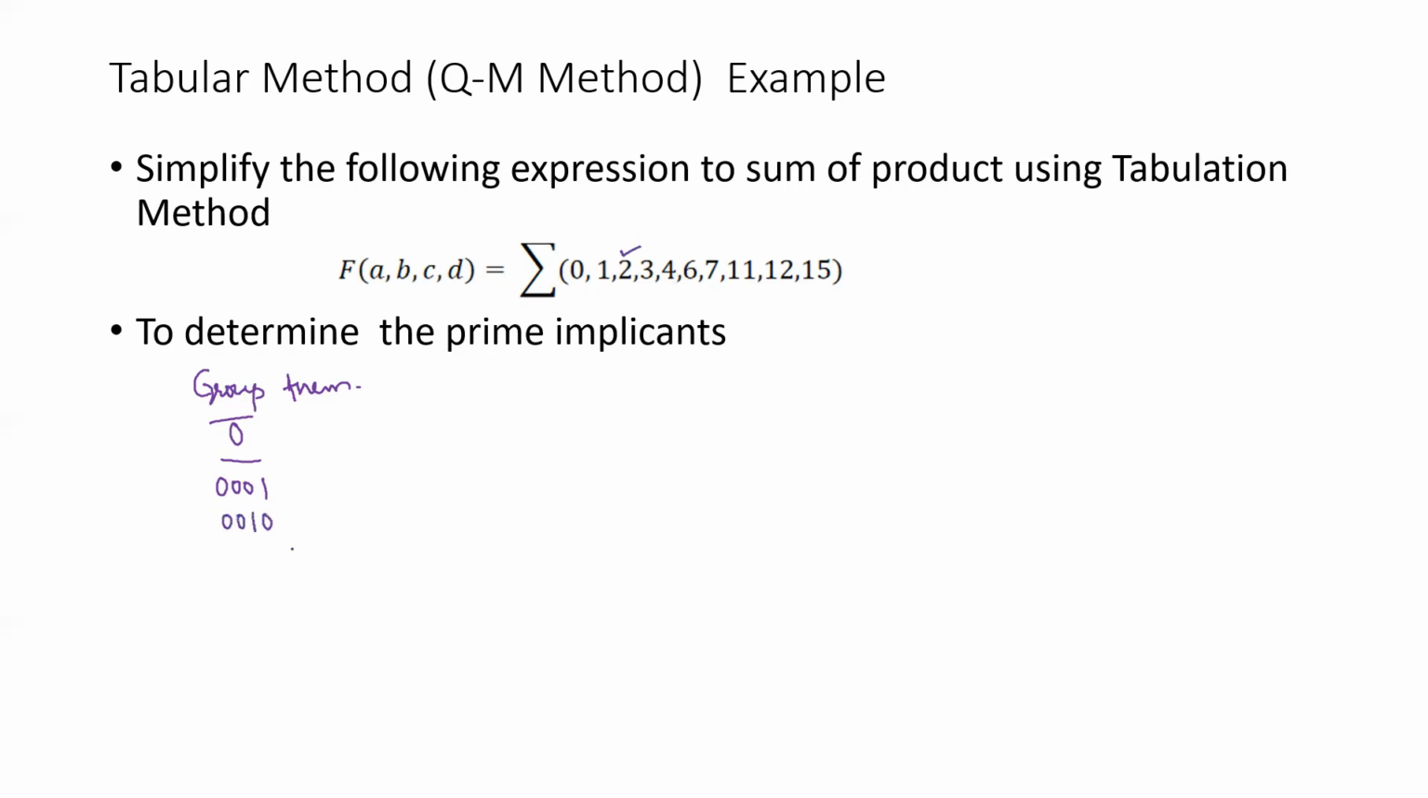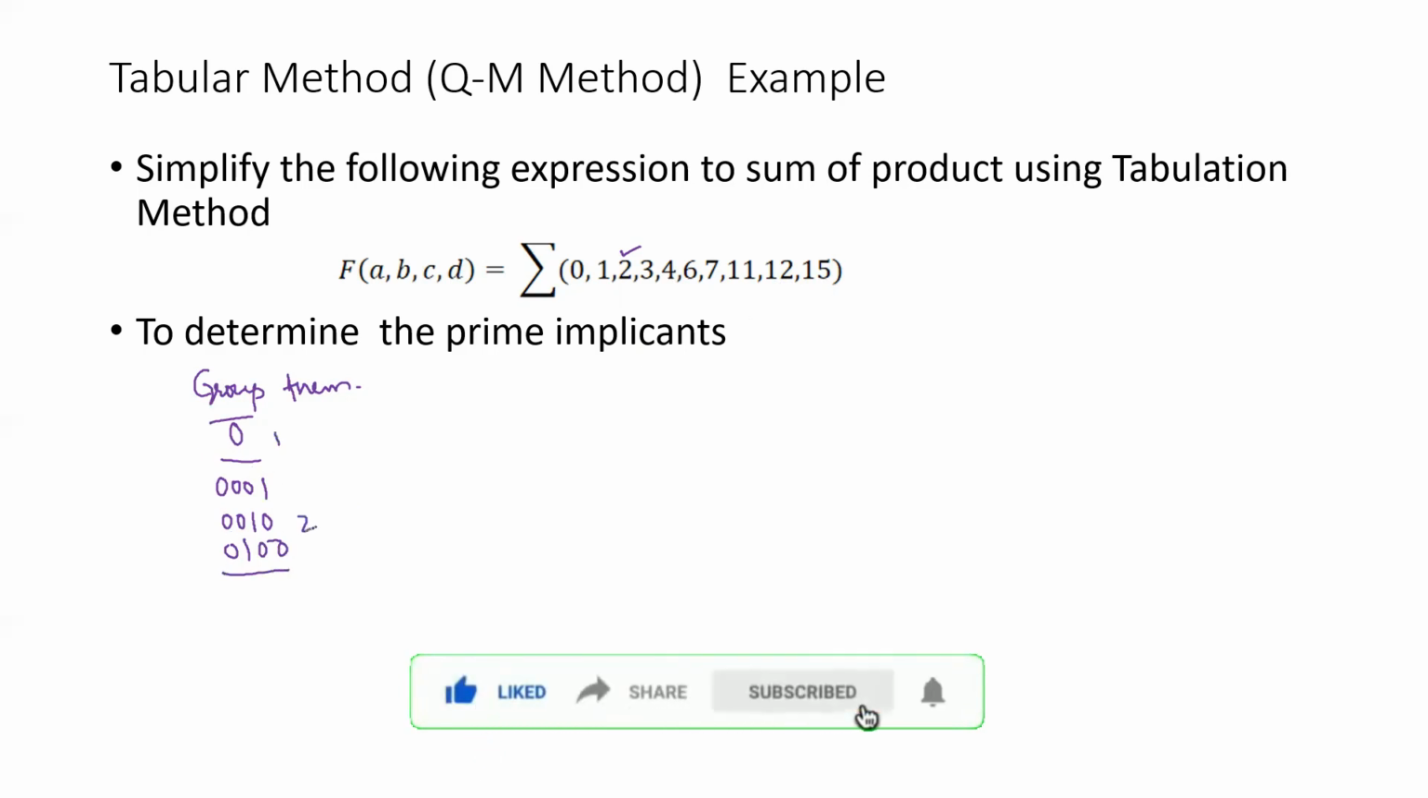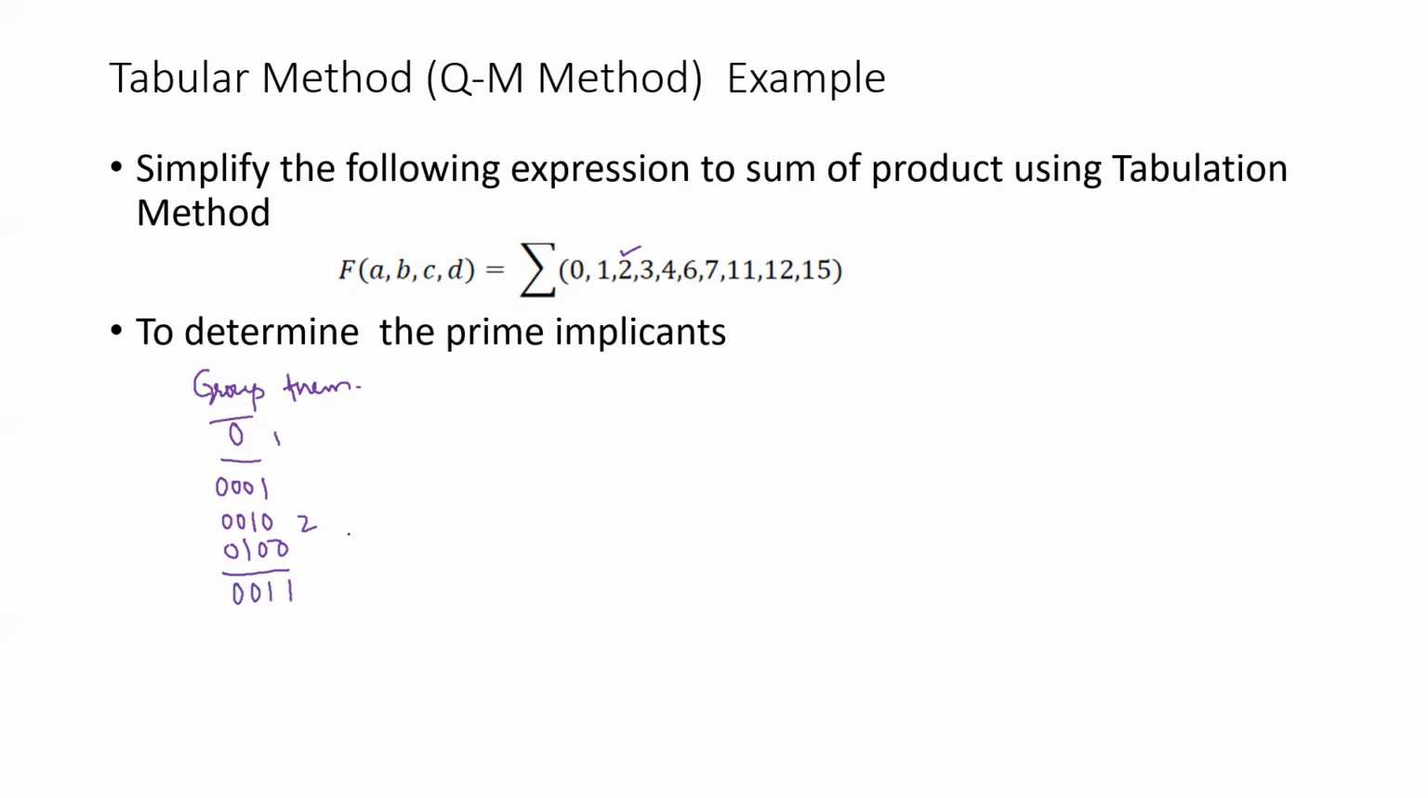and then 4. And why am I grouping them? Because all of them have a single 1, and after that there are no more such terms, so this is the second group. Then the third group is 3, which is 0, 0, 1, 1, and then 0, 1, 1, 0, so 3 and 6 are another group. And 11 cannot be grouped with this, but 12 can be grouped with this: 1, 1, 0, 0. So 3, 6, and 12,